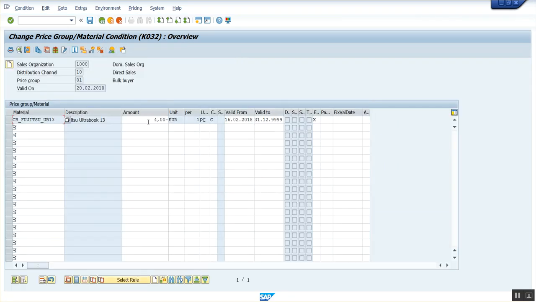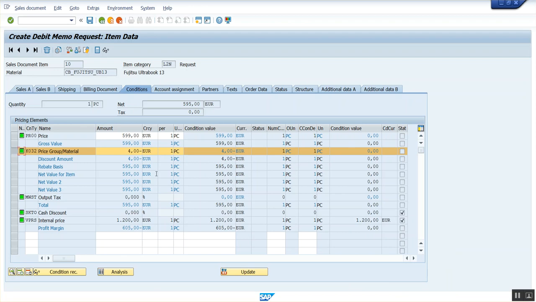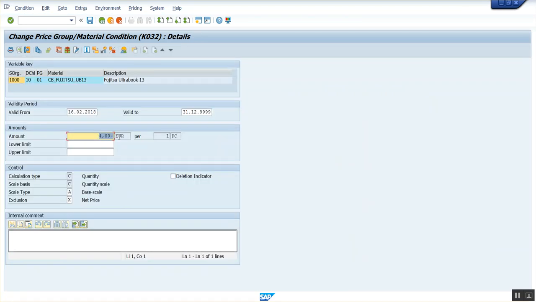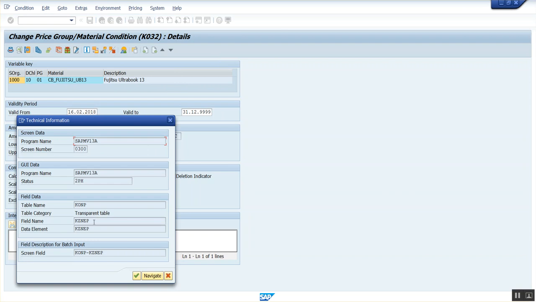So the pricing record is calculated, and then it populates the value into the order. At that moment, simultaneously, it sets the value. This is the exclusion. If I give F1 here, you see the condition exclusion indicator and its value is